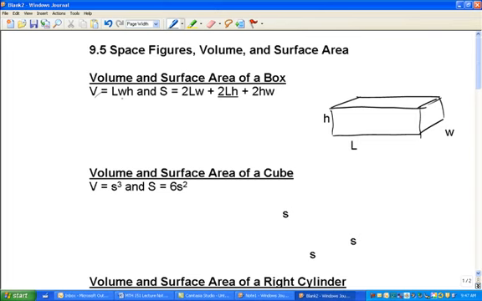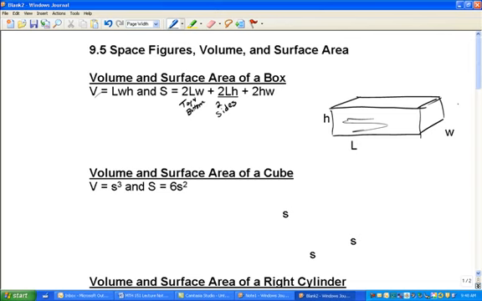The volume is found by multiplying the length times the height times the width. Surface area, we have length times the width would give us top and bottom. Length times the height would give us the two sides. We do have two sides, one we can see on this face, and then one on the back side we